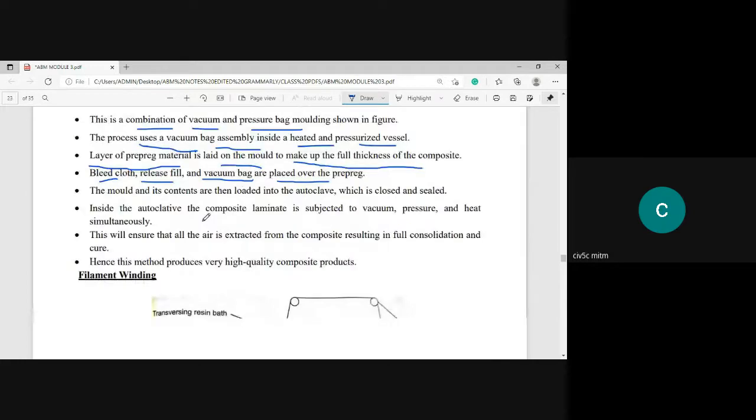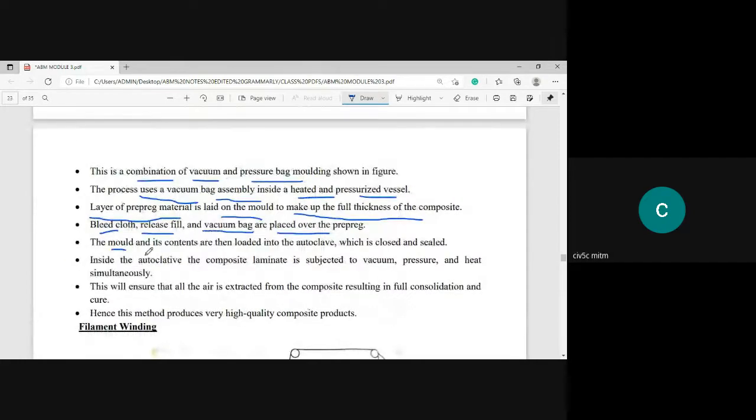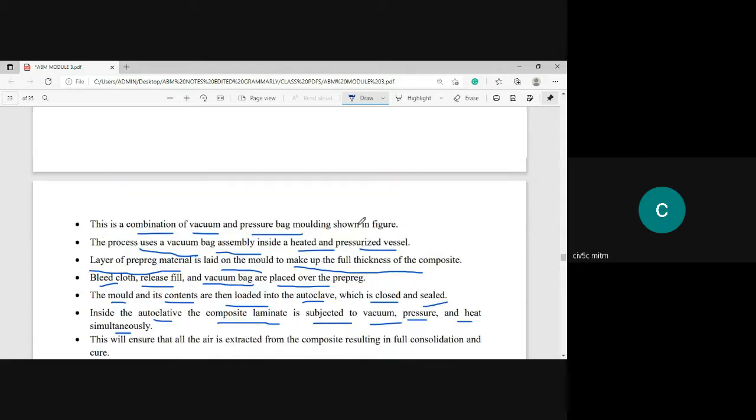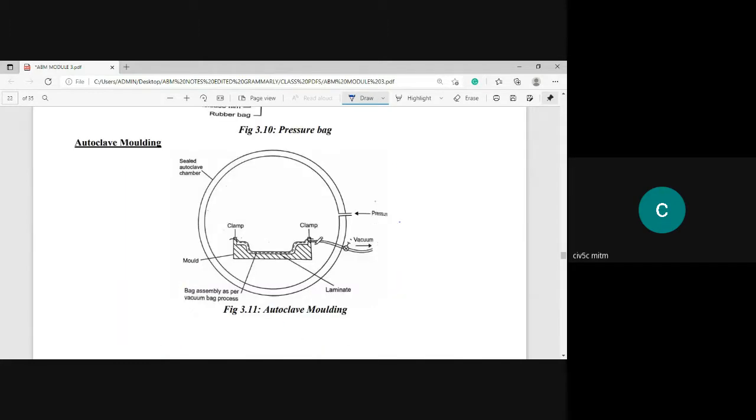Next, the mold and its contents are loaded into the autoclave. That means after preparing the entire mold, it will be loaded inside, which is closed and sealed. This is very important in the case of autoclave. Inside the autoclave, the composite laminate is subjected to vacuum, pressure, and heat simultaneously. That means the vacuum pressure and the other pressure will be induced.